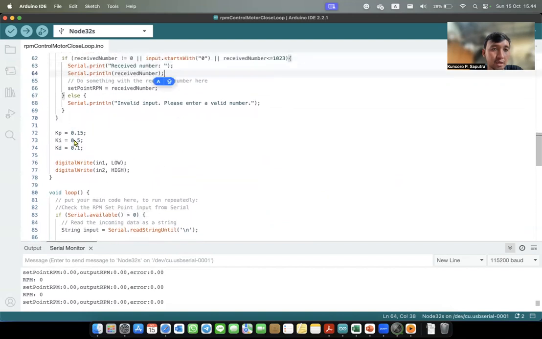After that, we can set the KP, KI, and KD in this system with this number.